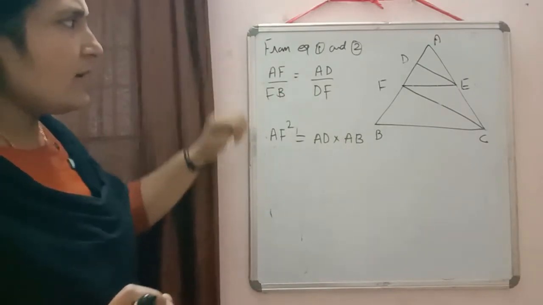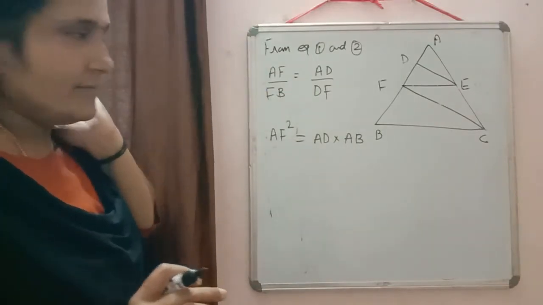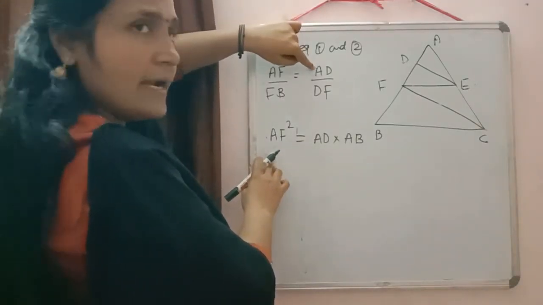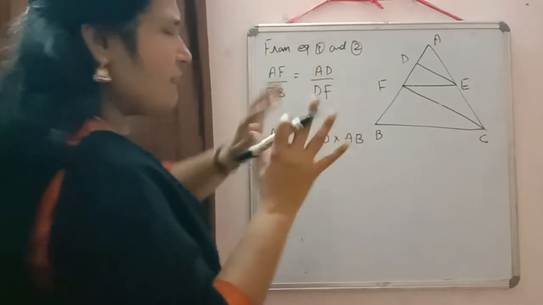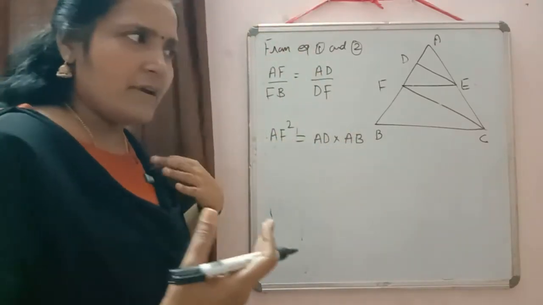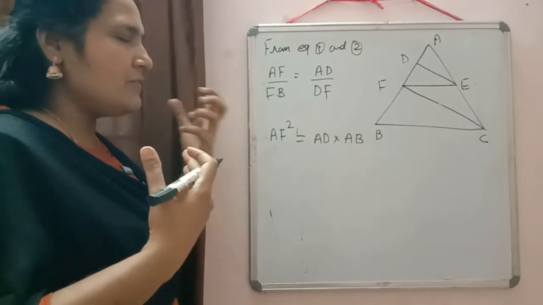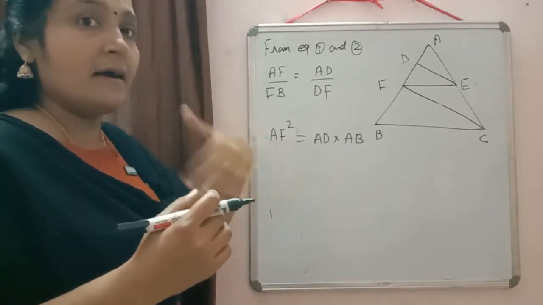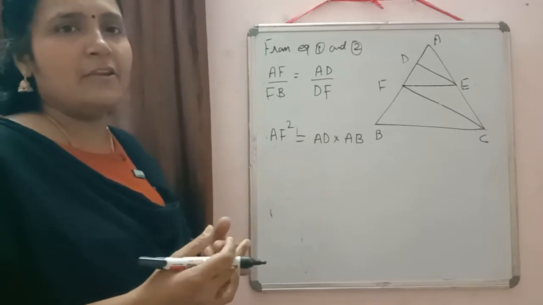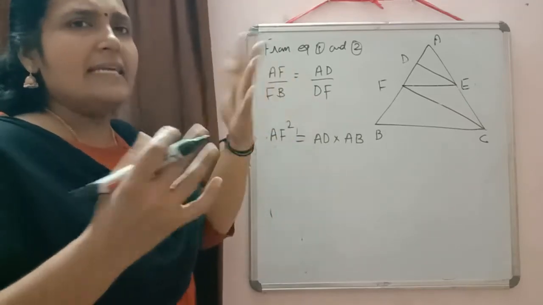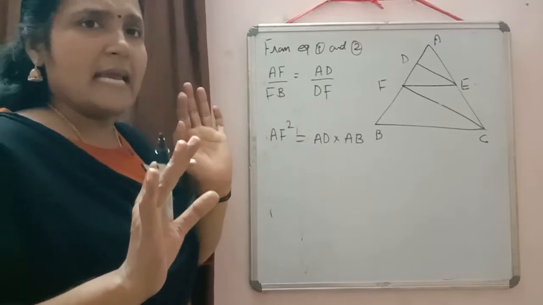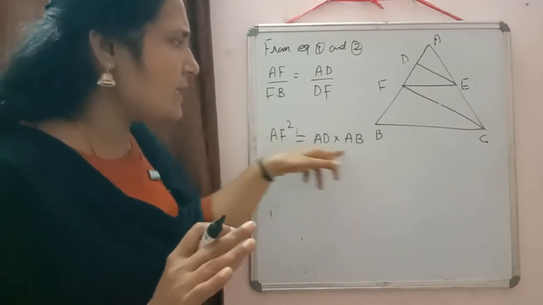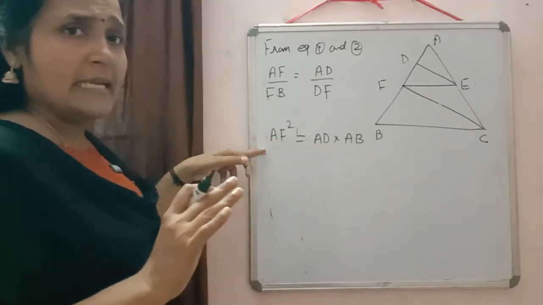Now check in this one, what are the sides which we don't need? We need AF. So AF is here. We need AD. AD is also there. But FB and DF we don't want there. So whenever any condition is there which you don't want, always write down that line segment in the numerator there. Why are we writing in the numerator? So that whenever we are doing addition or subtraction, that thing will get changed there. So here also we have FB in the denominator, but we don't want FB. That side FB we don't need in the proof there.